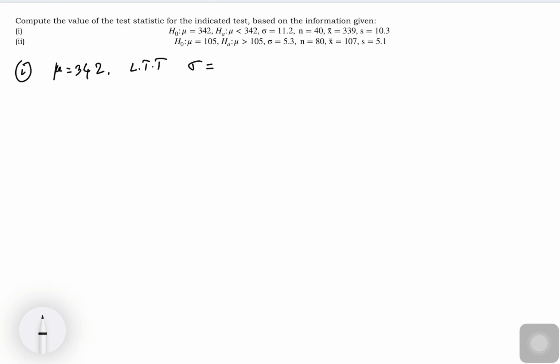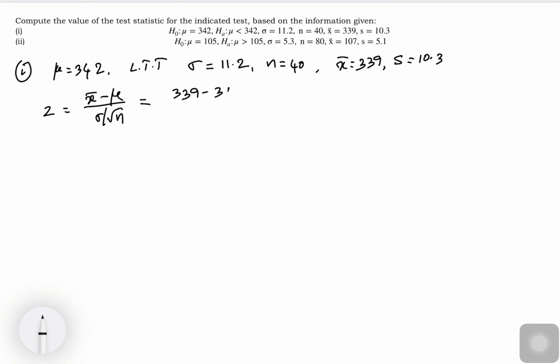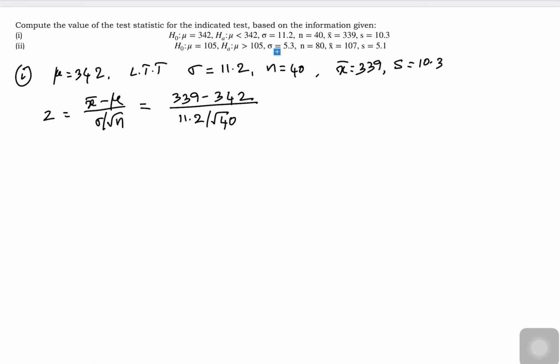Sigma is given as 11.2, n is equal to 40, x bar is 339, s is 10.3. So Z is x bar minus mu over sigma over root n, which is 339 minus 342 over 11.2 divided by square root of 40,